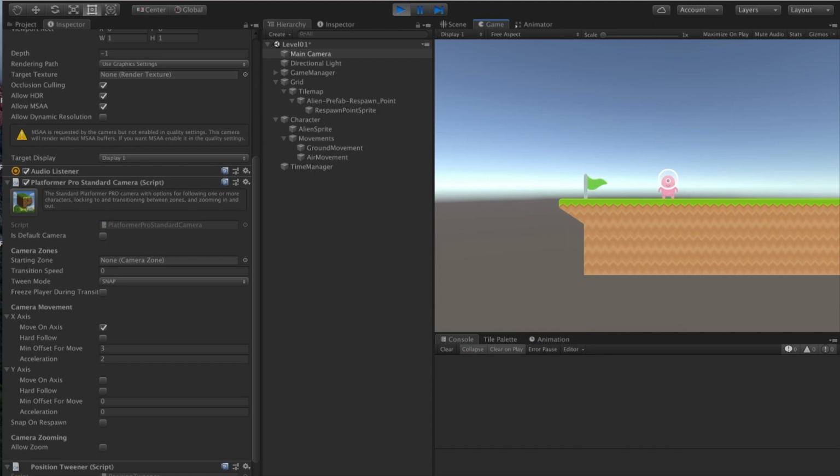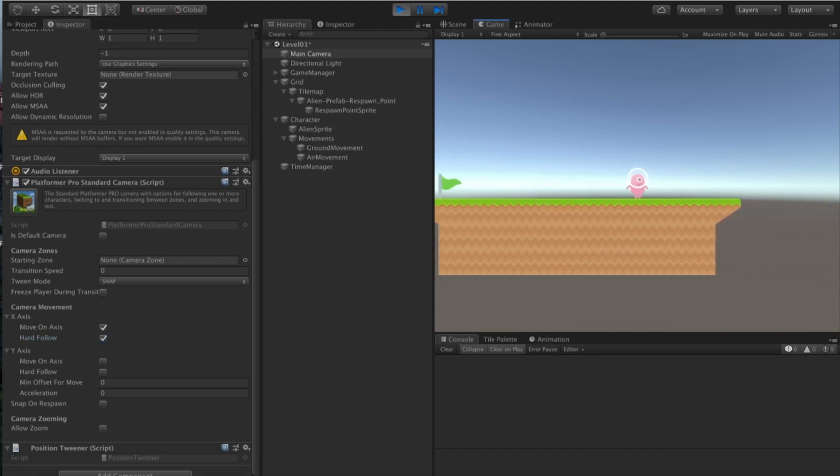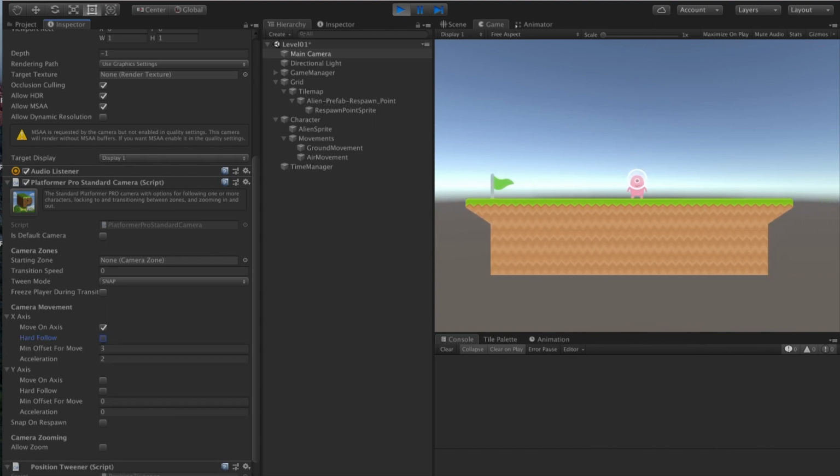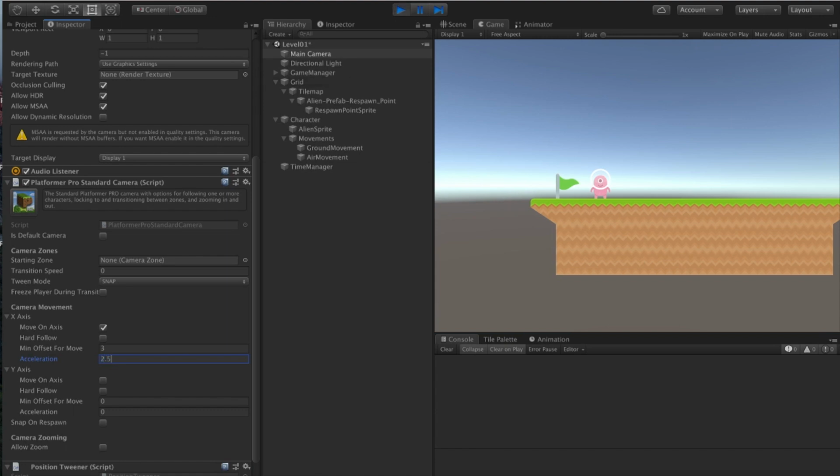There is also an option for hard follow. That means the character always stays exactly in the center of the screen. Bit too fast. I think I'm happy with 3 and 2.5.